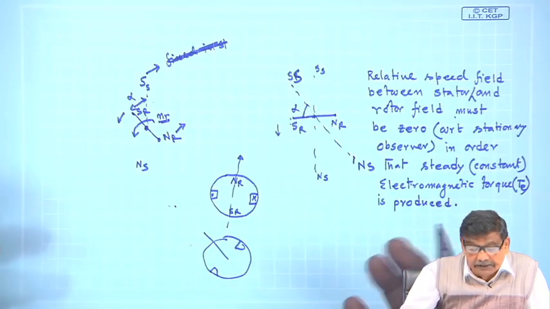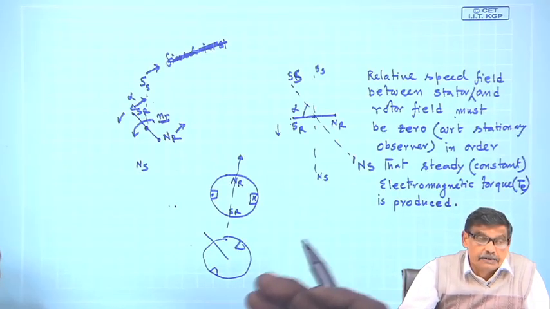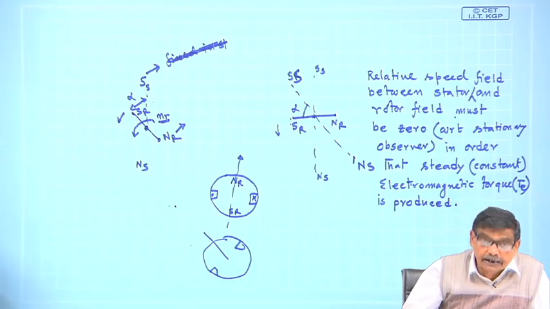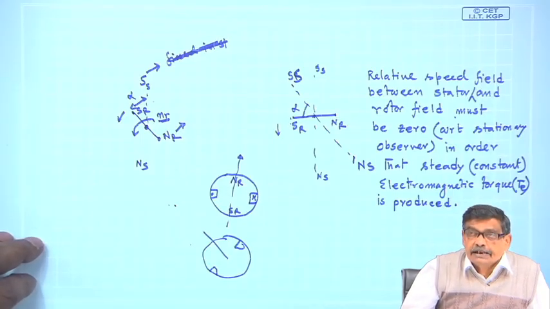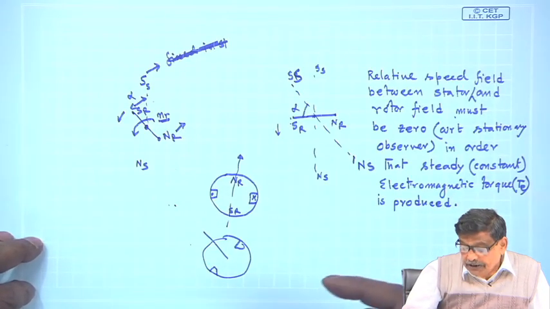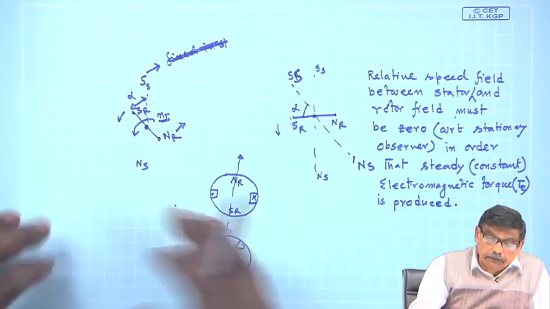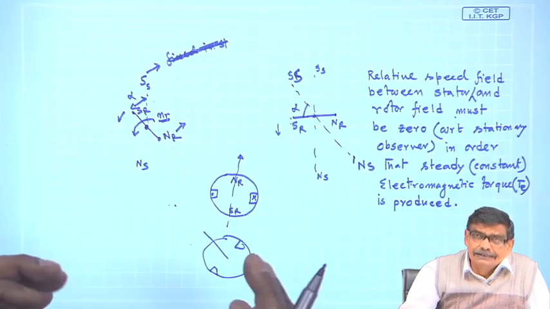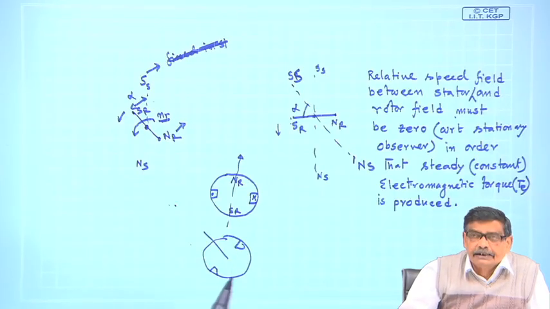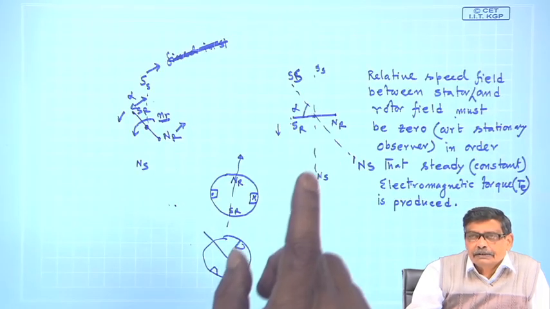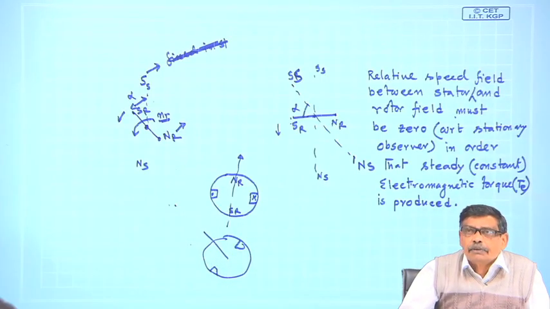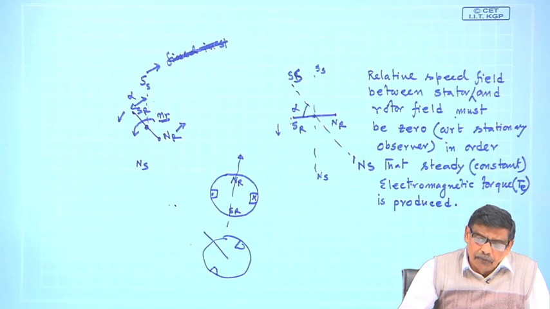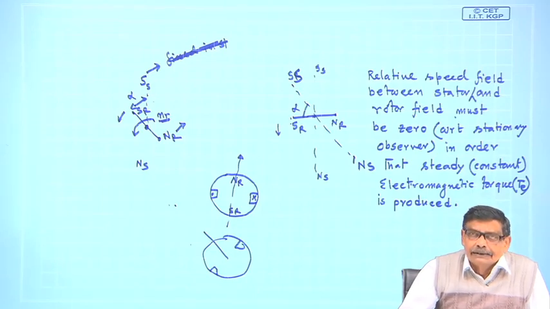Because the machine in the steady state has to run at constant speed and the machine will be loaded. So, there will be an opposing torque. So, T must balance T L, the opposing torque, and so without doing much, these are the expectations out of a rotating machine. Unless it can do this, it cannot produce a steady electromagnetic torque, which is very much needed. Understood? And one should understand that